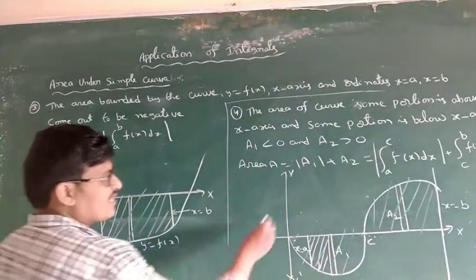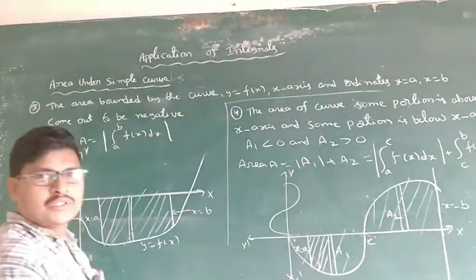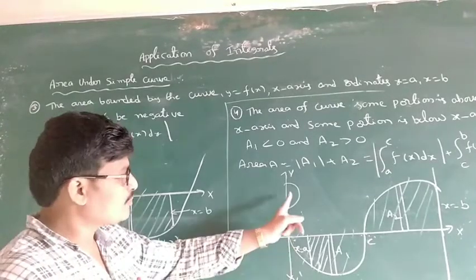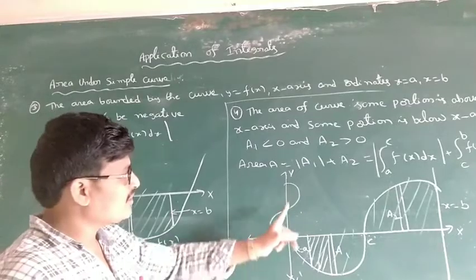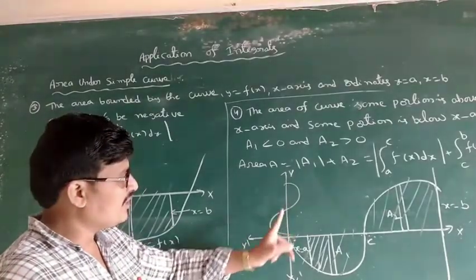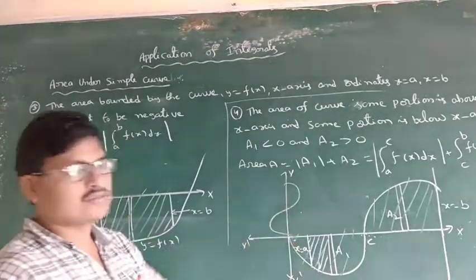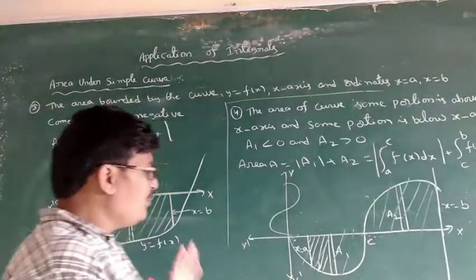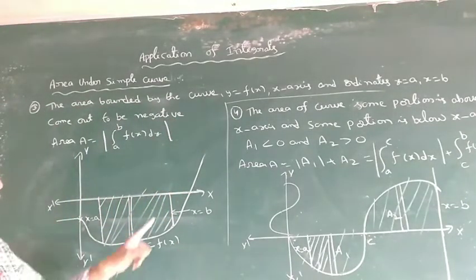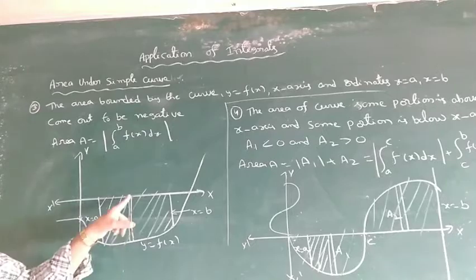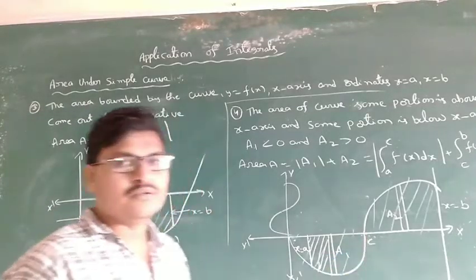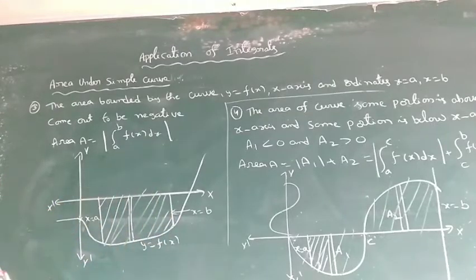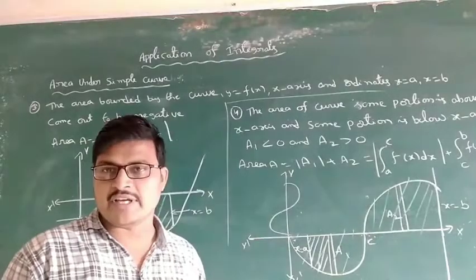That is not only for the x-axis, this type applies also. This is the negative x-axis and this is the positive x-axis, so this is plus and minus. A to C, or A to C and C to B. It can be only the x-axis or the y-axis, anyone. So these are the limits. If there is no intersecting above and below, there is no cut in the value. For a plain area, the starting to ending is the same area. There is no up and down in this type of area.